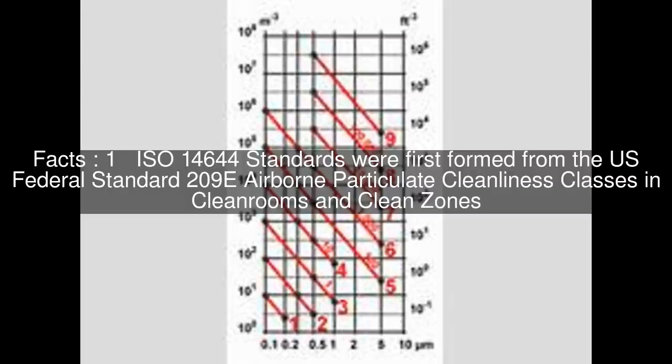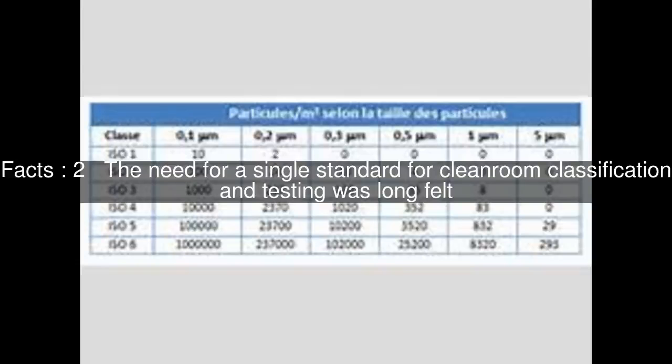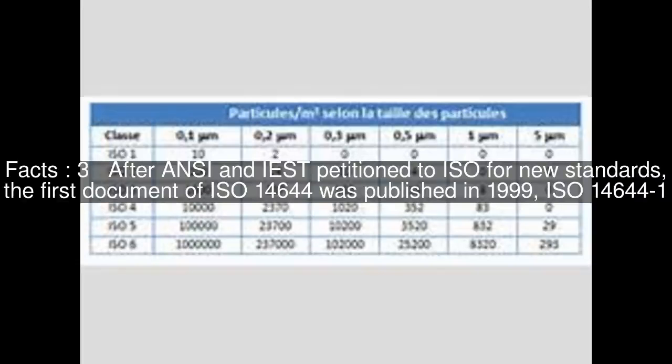ISO 14644 standards were first formed from the U.S. Federal Standard 209E Airborne Particulate Cleanliness classes in clean rooms and clean zones. The need for a single standard for clean room classification and testing was long felt. After ANSI and IEST petitioned to ISO for new standards, the first document of ISO